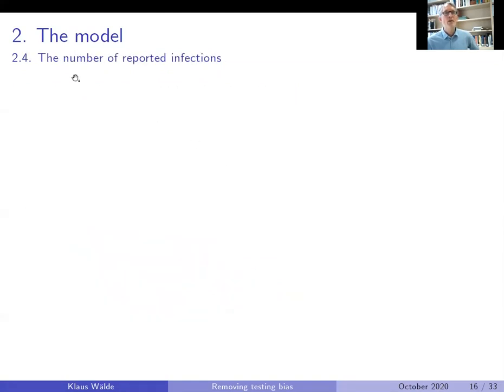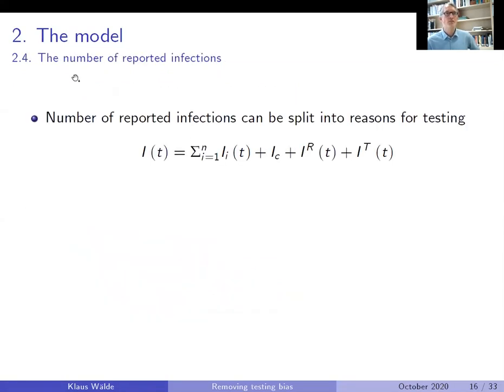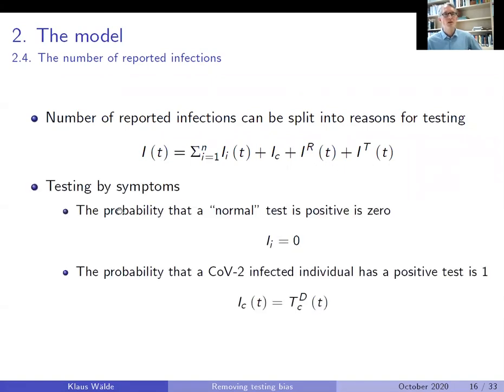Okay, now we need to understand the number of reported infections. The number of reported infections can be split into the reasons for testing. I mean, in our model, this is simple. So the number of reported infections comes from all the sets of symptoms that are actually not CoV-2 related, but there could be a positive, false positive case. We will exclude this in a second. There is the number of reported infections coming from the CoV-2 cases, the number of reported infections from representative testing and from testing travelers. So when we test by symptoms, the probability that a normal test is positive, normal in the sense you're coughing or you have something else,